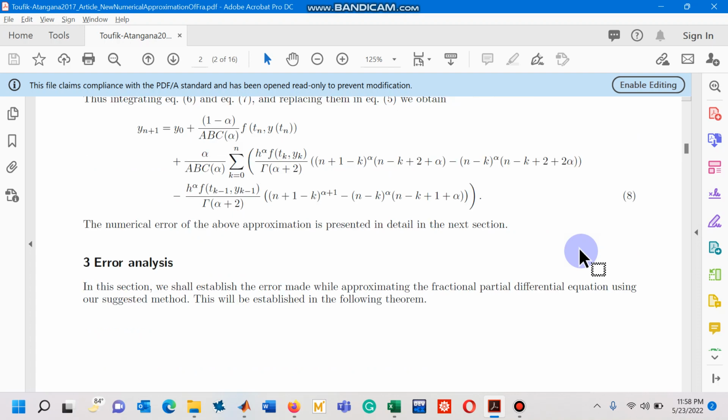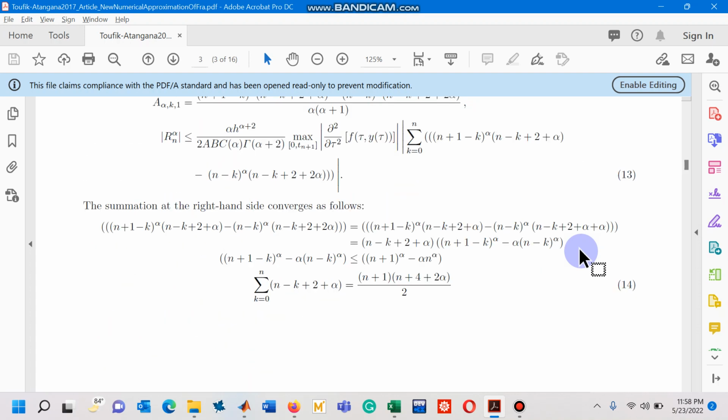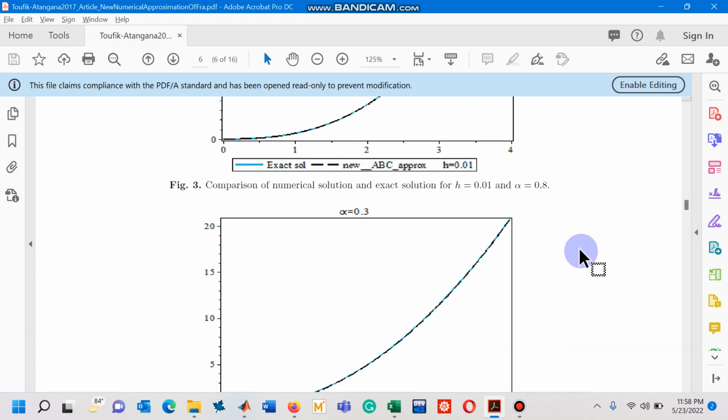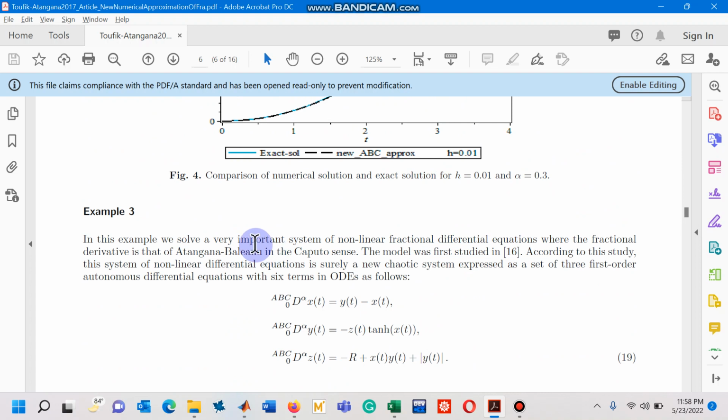Now I have chosen one of the systems from this research paper randomly. For example, there is a system given in example number 3. As you can see, the system is shown by equation number 19. So this is a system of three differential equations defined under the Atangana-Baleanu operator in the Caputo sense. So let me show you how to design a MATLAB code in order to simulate this system of ordinary differential